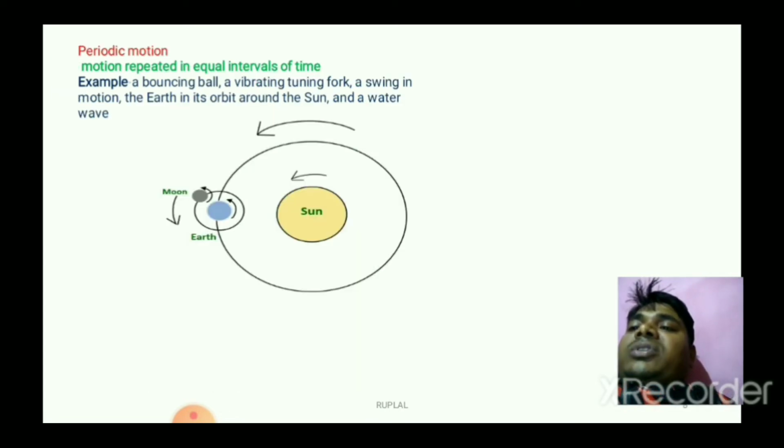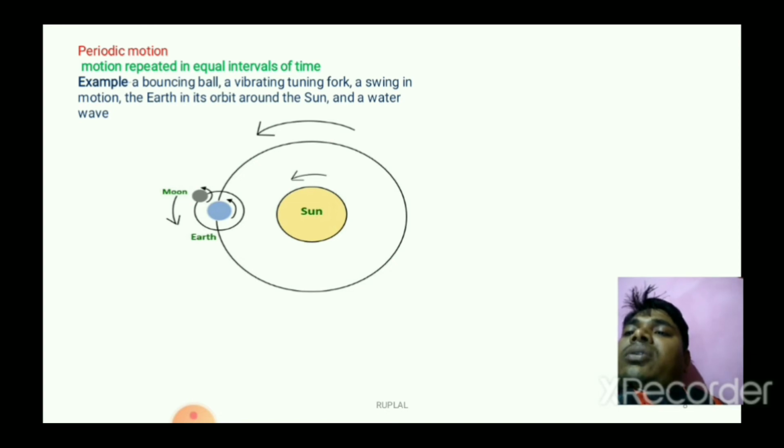Next, periodic motion. Periodic motion means motion repeated in equal intervals of time. Here we can see the earth revolves around the sun. It takes 365 days and 6 hours to complete one revolution. And one more example, in the figure you can see the moon also moves around the earth and